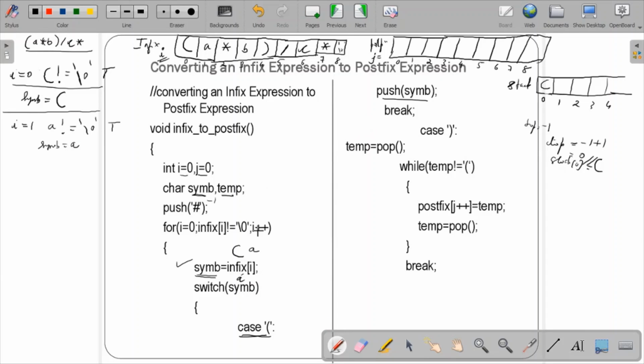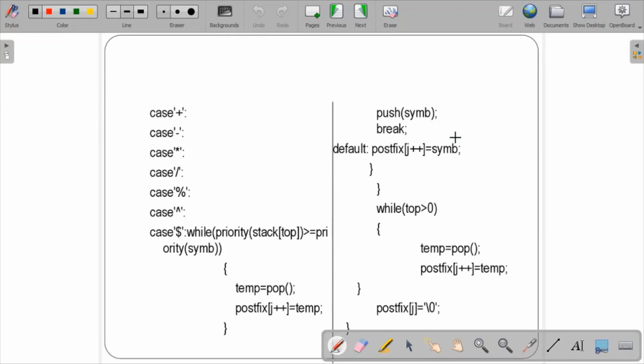So you will check whether A. This is a case for opening bracket. No, I don't have any. And this is for the closing bracket, not this particular function. Over here you will check for plus or minus. No, that is not the function. So what is the case whenever you have an operand? It should be passed directly into the postfix expression. Whenever you find an operand, it will directly go to this particular statement, that is postfix of j plus plus